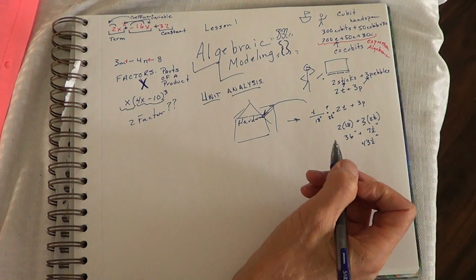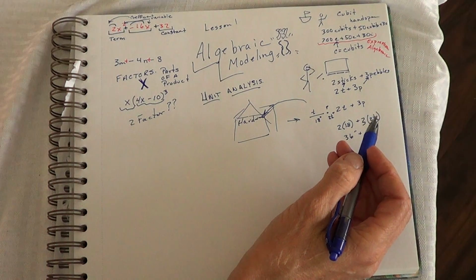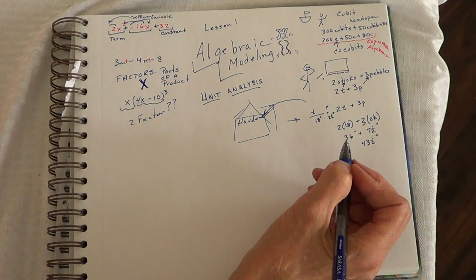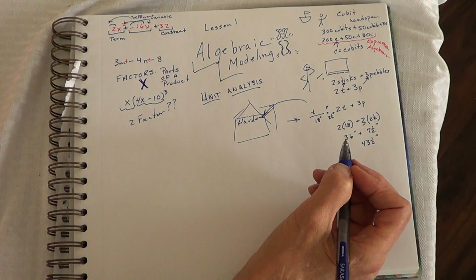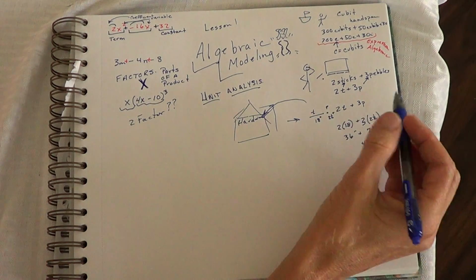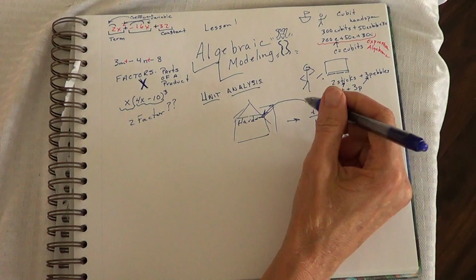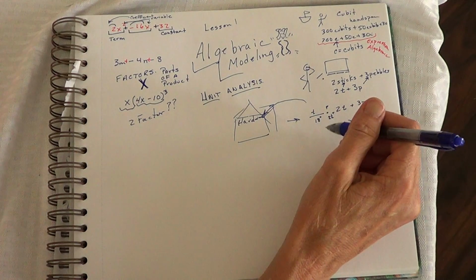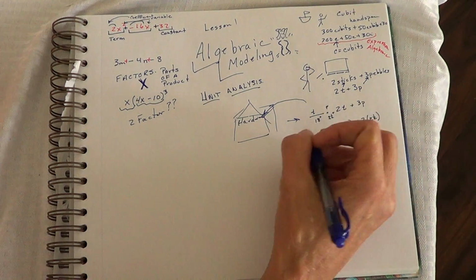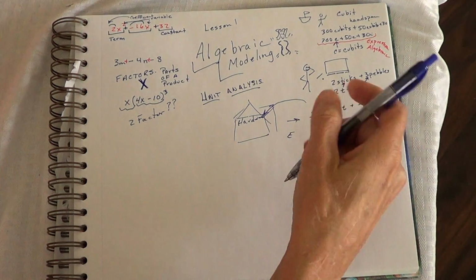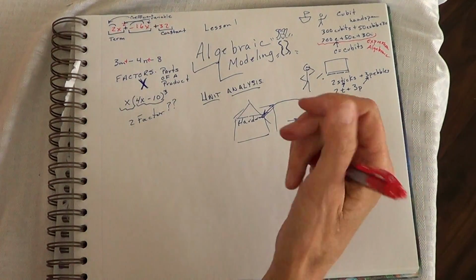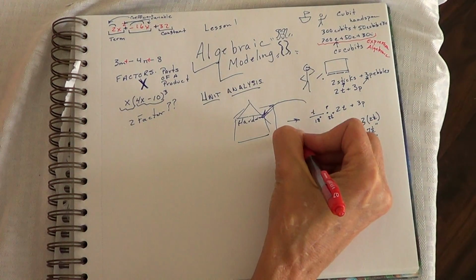Next thing in this is we want to come back to something that Joe's mom did. I don't remember what I named him, but we'll call him Joe now. When Joe's mom went to the hardware store and she had that man measure these, that was called evaluating. Ooh, I want to switch colors so that you can see it easily. That's called evaluating